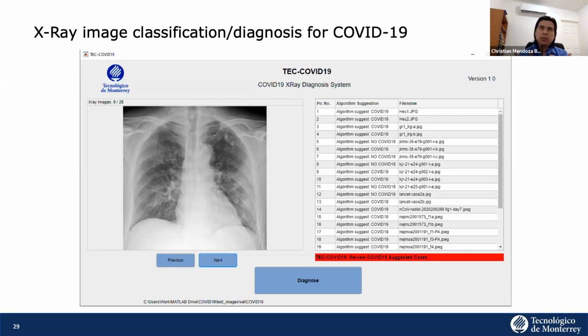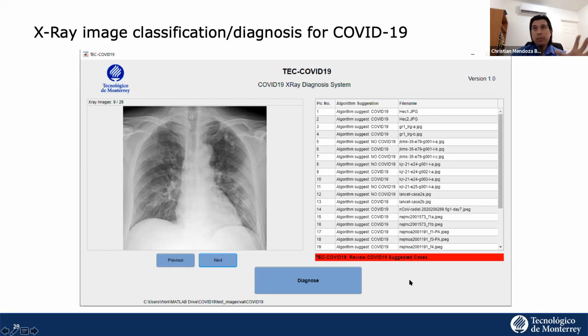So having a tool like this may be helpful if you can think of a situation where I have all of these resources, but I don't have the doctors to analyze the images. I'm lagging behind. I need something that helps me do it faster. Maybe this type of system can help process a big amount of data that's available, but is not being processed because of lack of personnel or because you don't have the means to do it. And I think this is a very nice project.